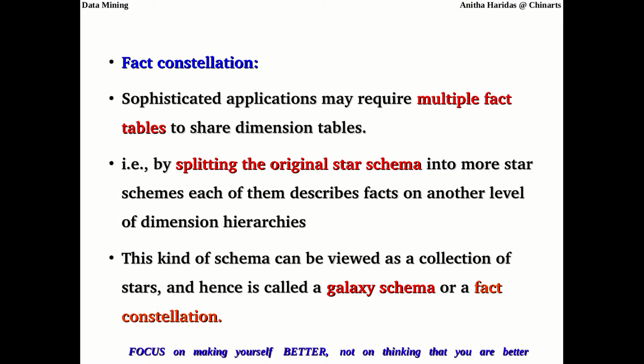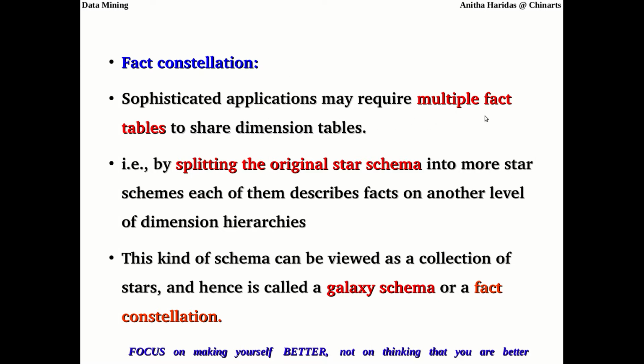So the student information will be shared by two fact tables. One is pass percentage, another is admission record. Both are going to have the same dimension table which contains the student information. So that is what is said here.